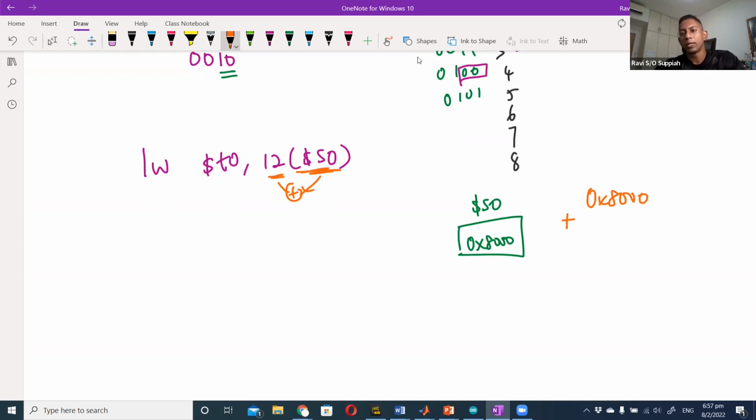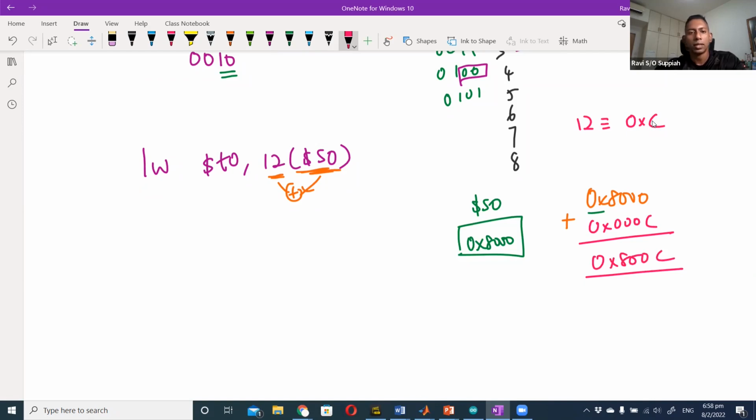But my address has a 0x in front. 0x in front means what format? It is hexadecimal, correct. When I want to add two numbers in different formats, I need to make sure they are both converted to the same format. It's easy to convert 12 to hexadecimal. 12 is equivalent to 0xC. So this addition is actually 0x8000 plus 0x000C, and the final answer is